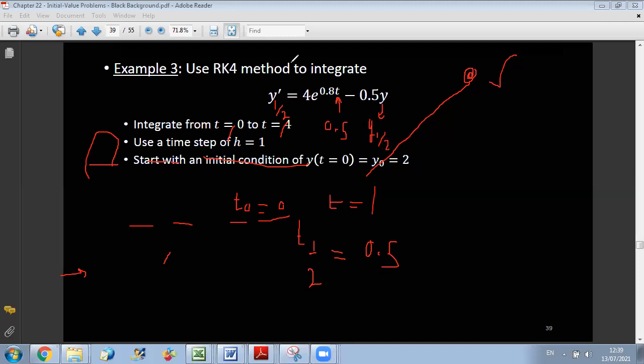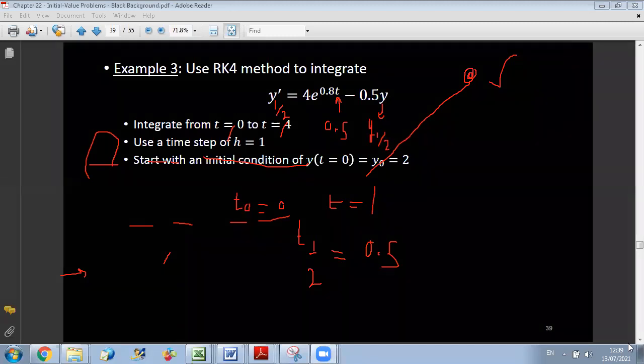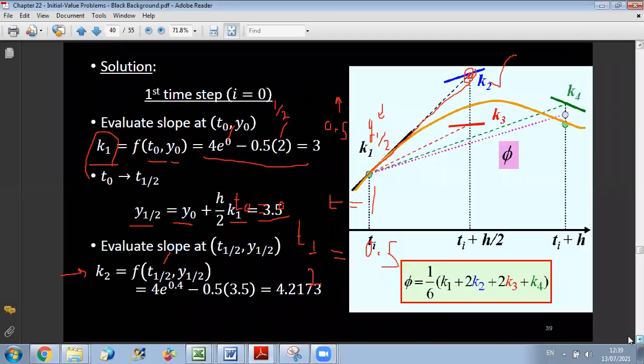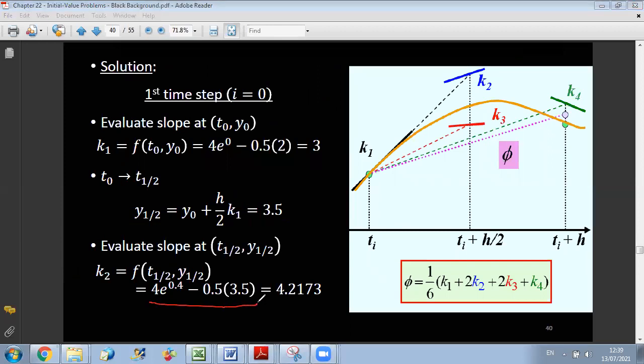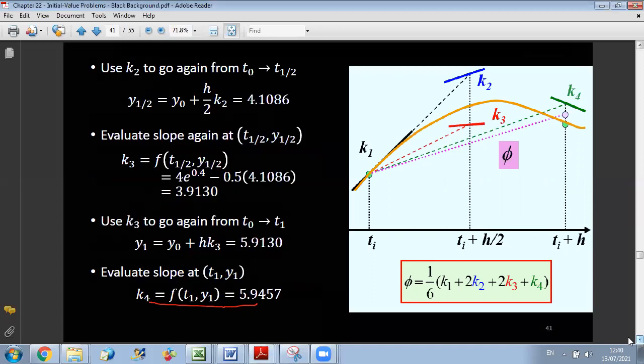So in this equation, when you replace t by 0.5, you will get 4 exponential 0.8 times 0.5, which is 0.4, minus 0.5 times the y you obtained here, y 1/2, which is 3.5. So you get that K2 is 4 exponential 0.4 minus 0.5 times 3.5, which is equal to 4.2173. Now, once I get K2, I am ready to proceed. What should I do now? I should go